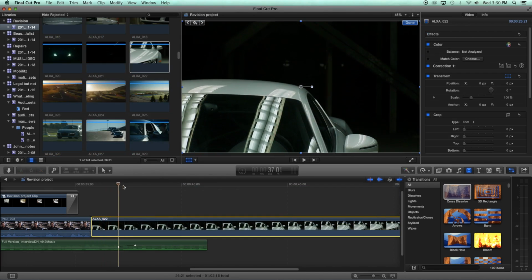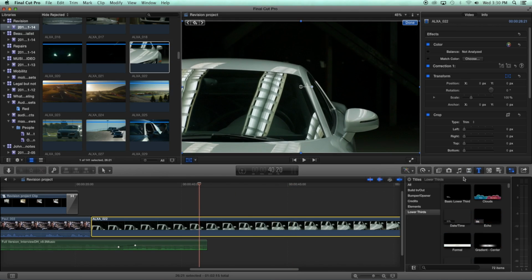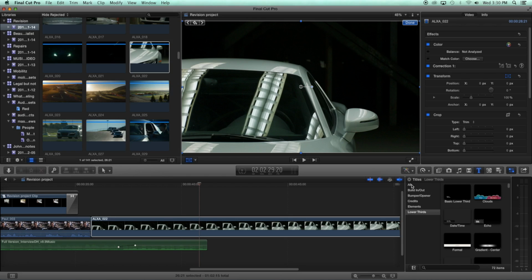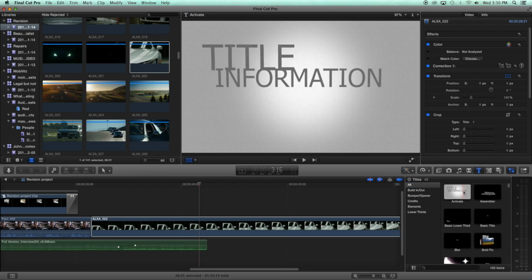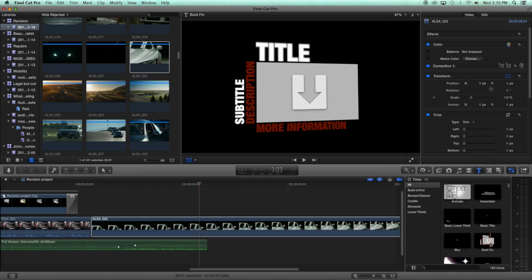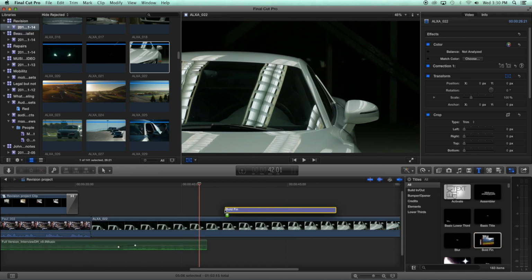Now let's quickly see a couple of other things we can do with the program. I can add titles here. So this is your title browser, and when you browse through the different titles that are accessible, you can see what they do as animation. And all you need to do now is take a title and drop it in,